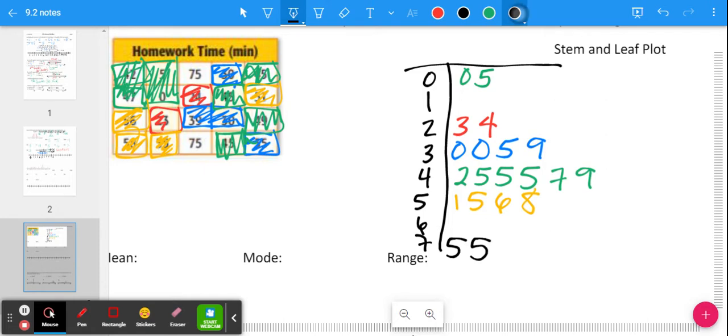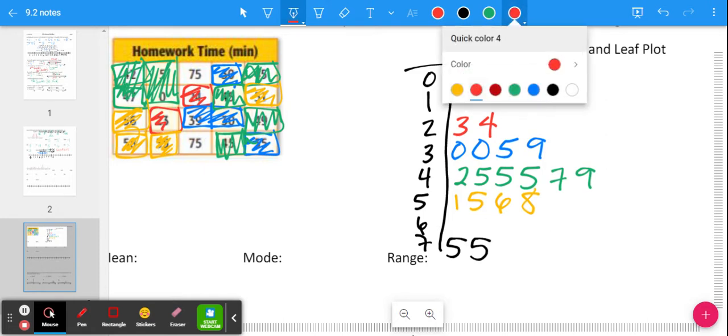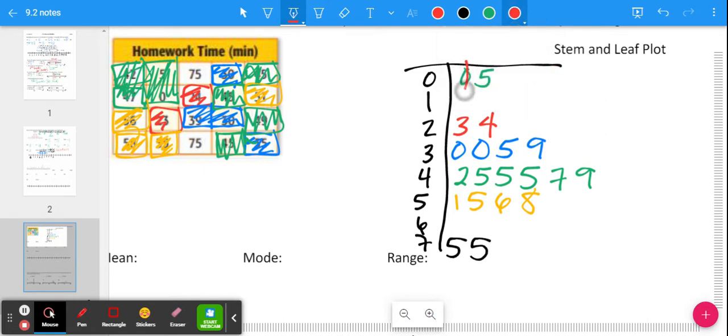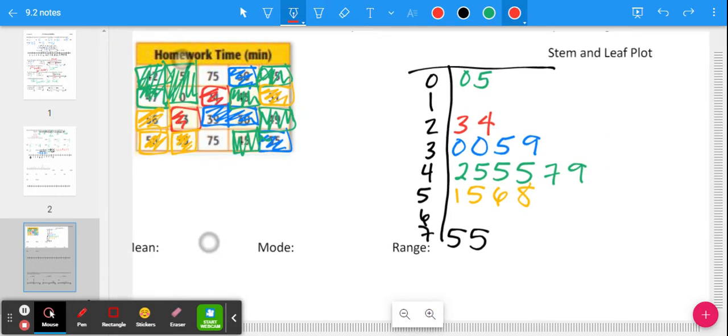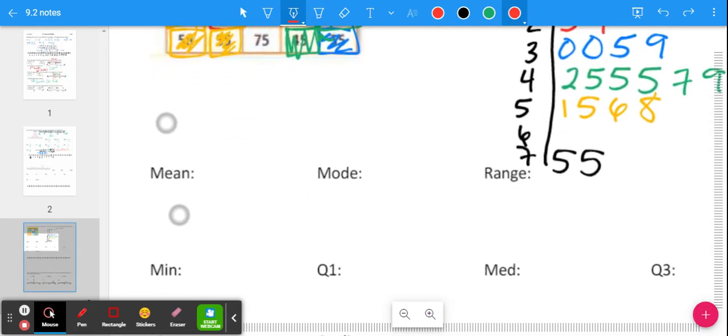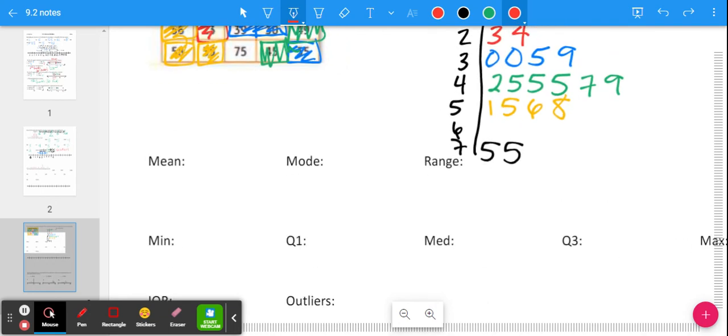Now, when it comes to a stem and leaf plot, you want to make sure that your numbers line up. So like all of these numbers line up and all of these numbers line up. That way you can see which tens has the most of a number, just like on a dot plot, figuring out which one has the most. All right, so when we add up all these numbers that were in that given table and we divide by how many numbers there were, we get